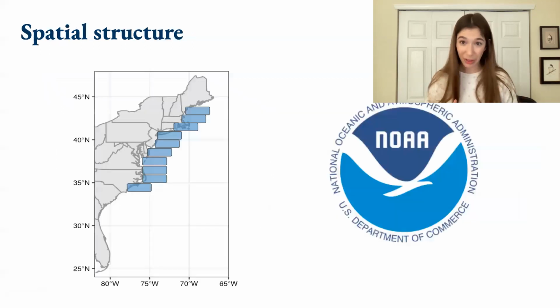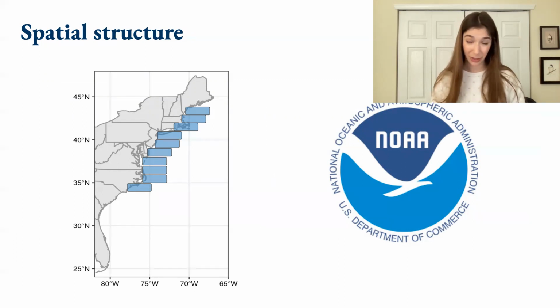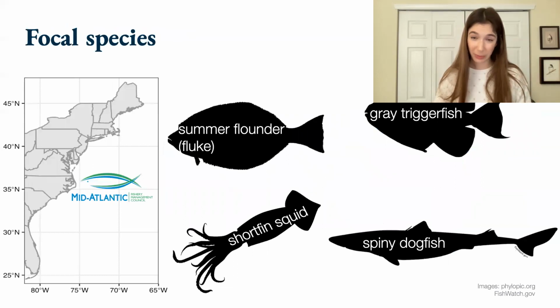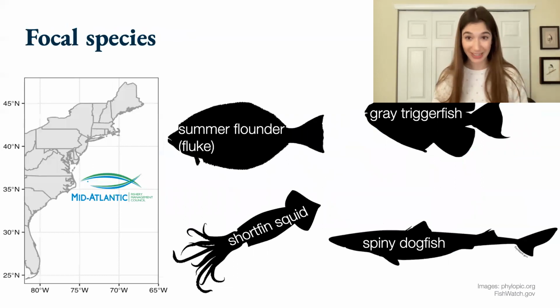This probably sounds like a very theoretical project so far, and it is, but it's also a collaboration with fisheries managers using fisheries data. All of the data come from the National Oceanic and Atmospheric Administration surveys that are conducted off of the Northeast United States every year. And we've grouped those into the patches that you see in the map on the left. With our partners at the Mid-Atlantic Fishery Management Council, we've identified 4 focal species that we're field testing the model on that have various important roles in commercial and recreational fisheries.